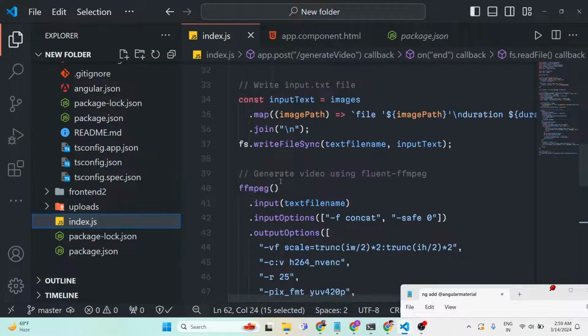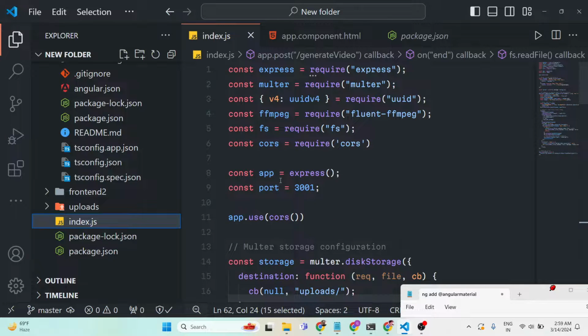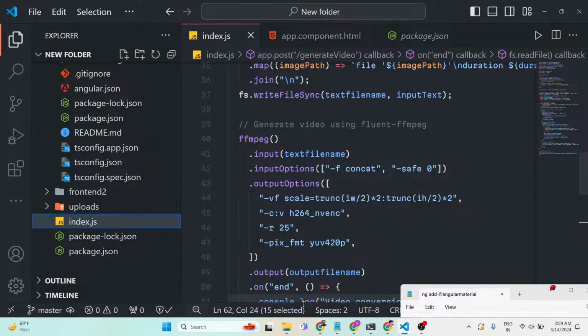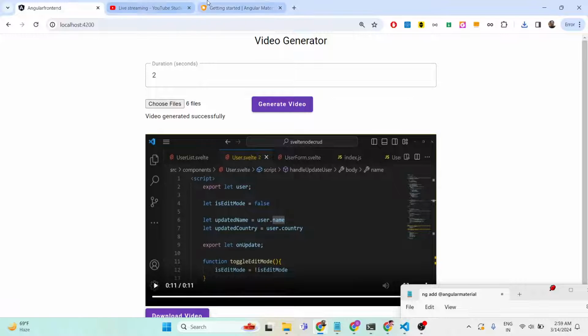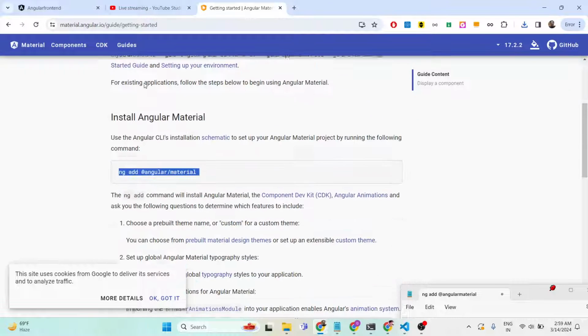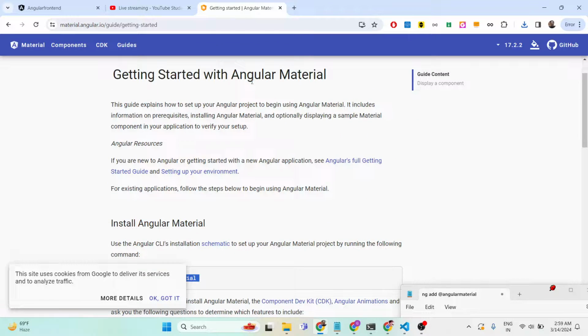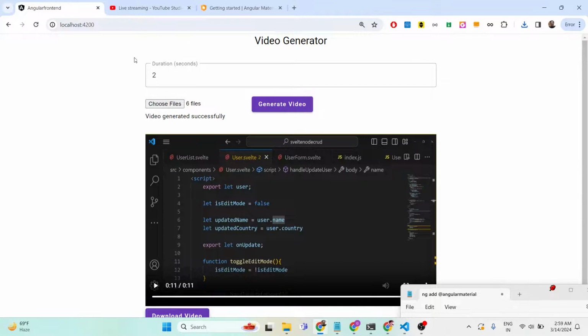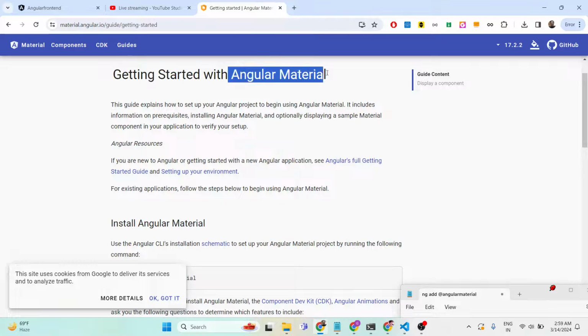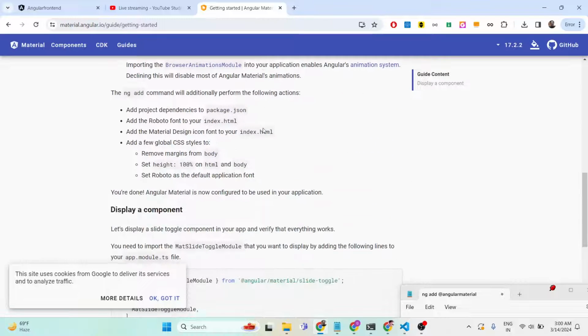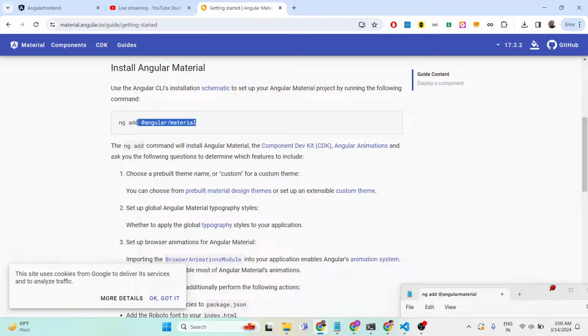So now I will show you how to build this application. Let me show you first of all what are the technologies I am using. I am using Angular Material to construct this user interface. So Angular Material UI is a component UI library for Angular. This is the actual command needed,